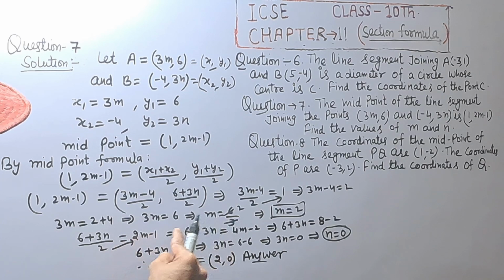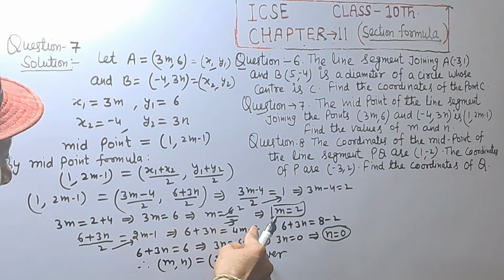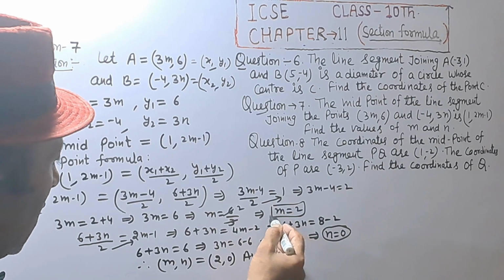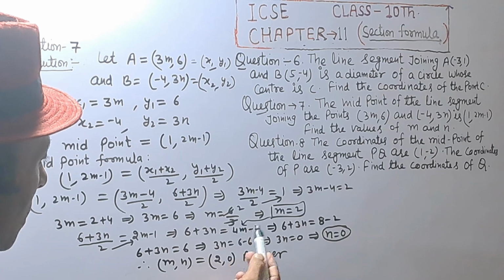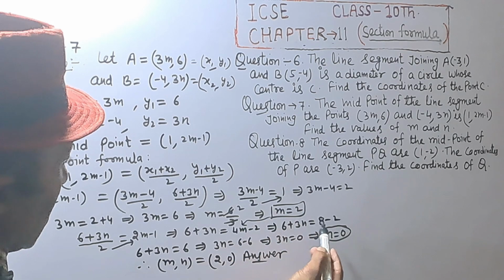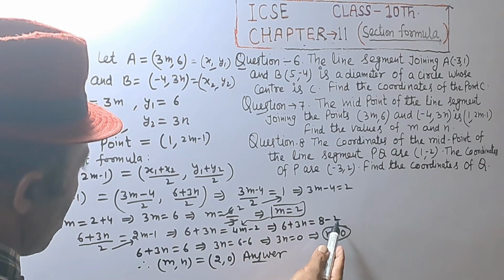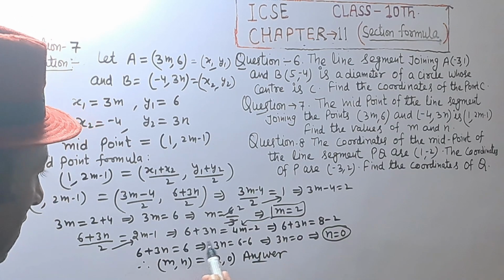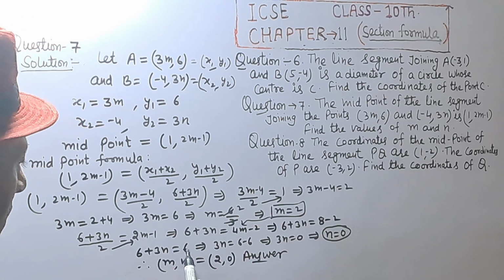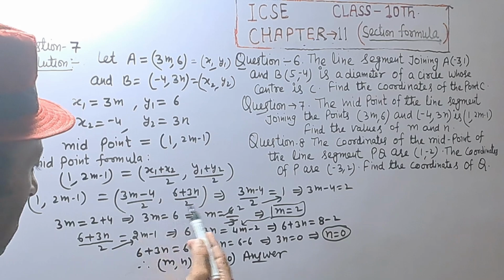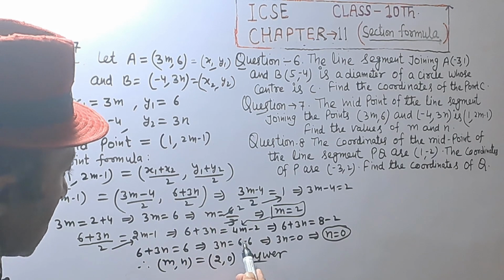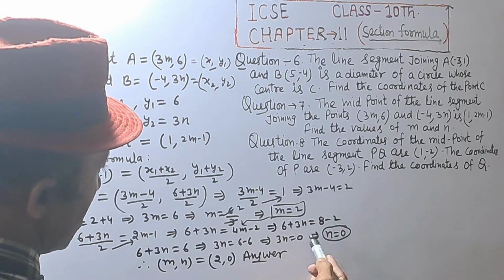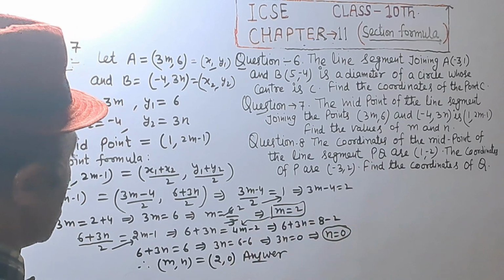2 2s are 4m - 2 1s are 2. We are putting m is equal to 2 in this equation. 4 multiplied by 2, that is equal to 4 2s are 8 minus 2. 8 minus 2 equal to 6. 6 plus 3n is equal to 6, which implies 3n is equal to 6, 6 is shifting right side, 6 will be negative and 6 minus 6 equal to 0. So we get the value of n is equal to 0 divided by 3, that is equal to 0.